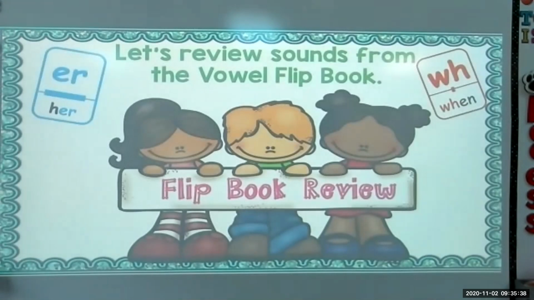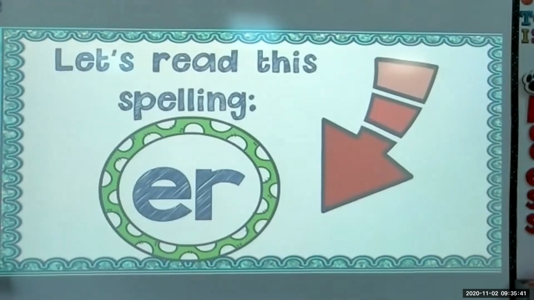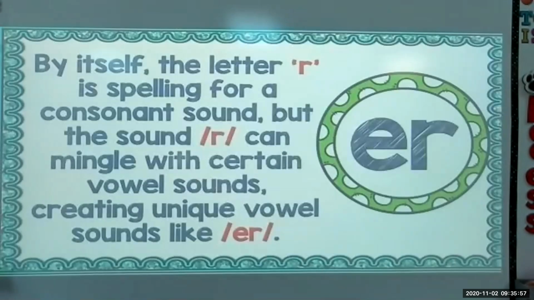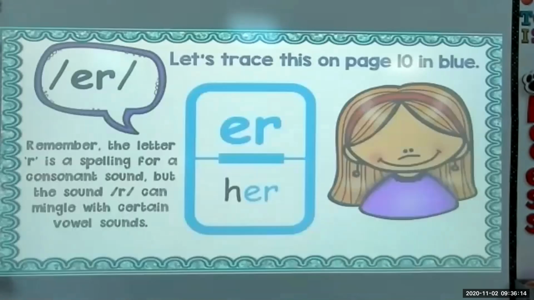All right, so we are going to look at the sound ER. This is a suffix that goes on the end of a word, and it says /er/. By itself, the letter R is a spelling for that consonant sound, but the sound can mingle with certain vowels, creating a unique vowel sound like /er/. Okay, so let's look on